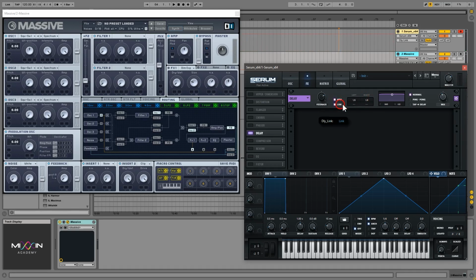Also, we can link those two, left and right, so they always change together. We can make them different. So you see the left one repeats half as often. We can filter the actual repeating that happens. So all of those repeated, except of the original signal, are being filtered using this filter. Like a bandpass filter that we can move around,